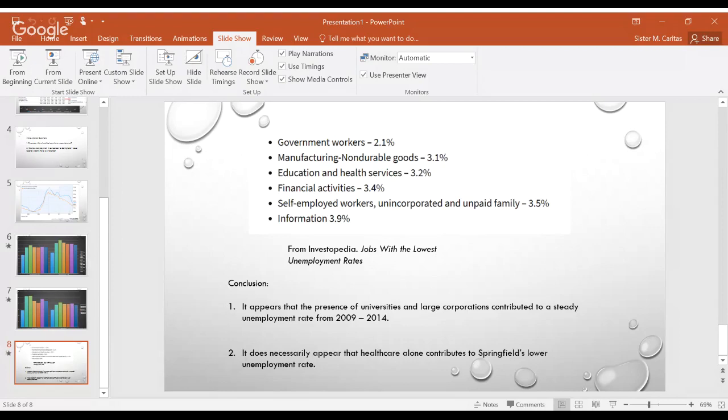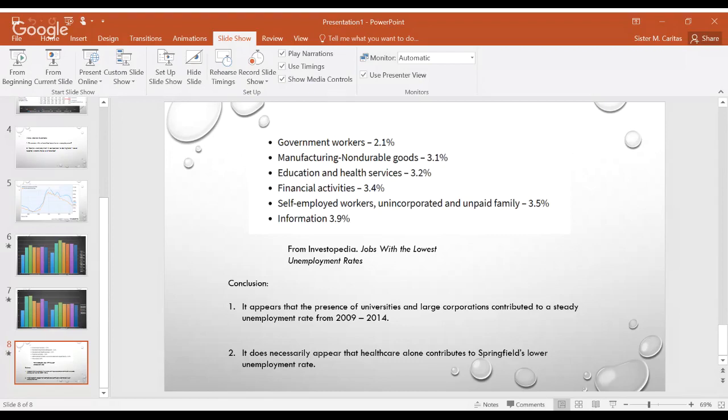Next, I look at the difference between Peoria and Springfield. As you can see, Peoria started at a lower unemployment rate than Springfield at the beginning of this time period, which is 2008. In 2009, they had a very rapid jump from about a 5.75 to a little over 10. And that's the year before the recession. When the recession was at its peak, they peaked at unemployment just slightly above what was in 2009. They dropped nicely and then kind of came up again.